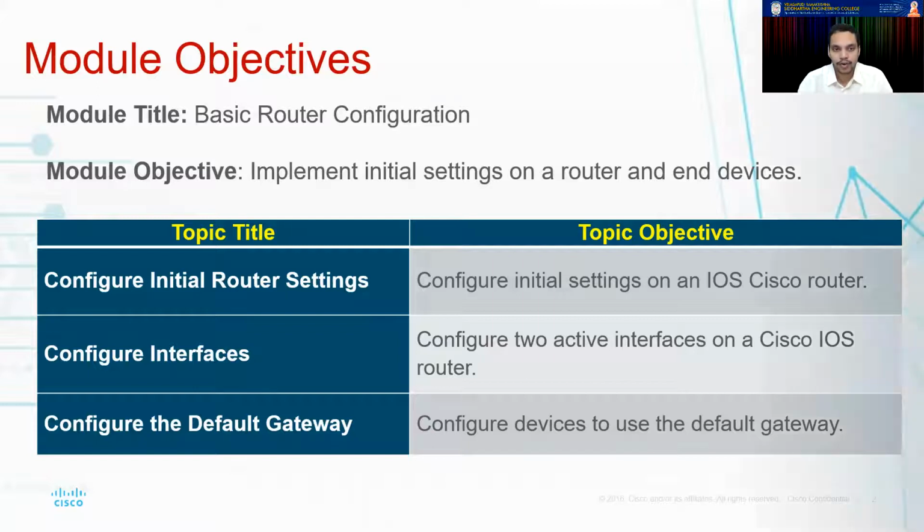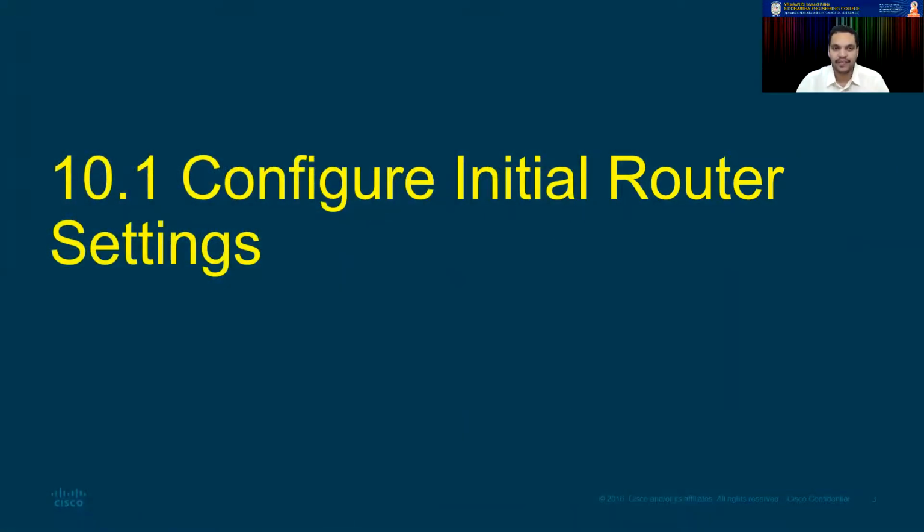If you go a little bit into this, the first topic itself is very much similar to how you configure a Cisco switch. We did a lot of Packet Tracer activities in module 2, where we performed this initial configuration on a switch. More or less, the commands or the sequence of commands is the same. The only thing which differs between the switch and the router is that here we have to configure the interfaces for a router, and also we will be able to configure the default gateway on the switch.